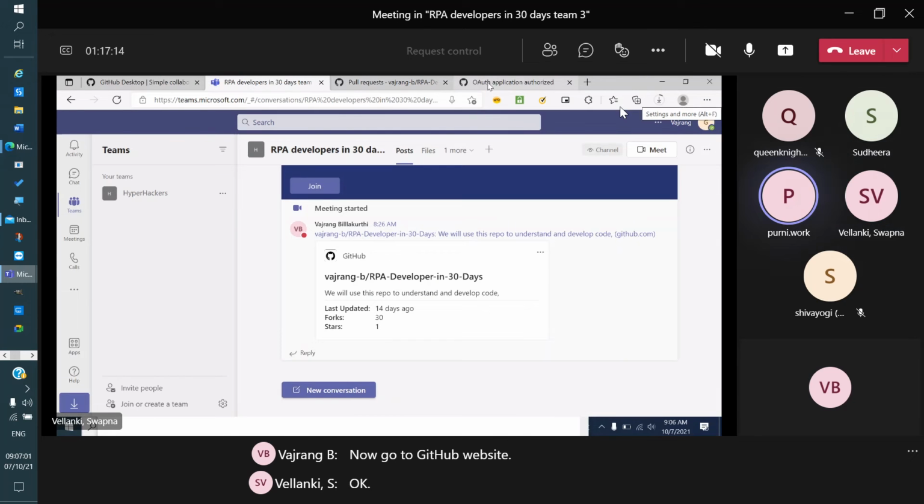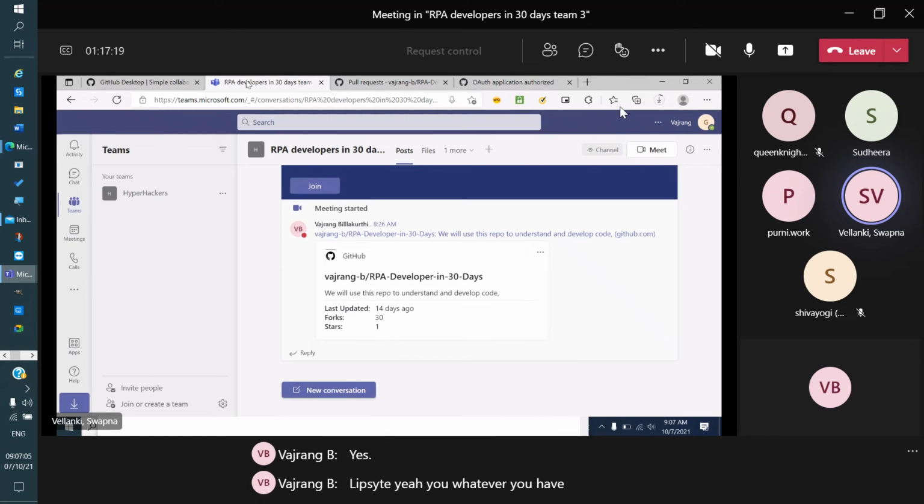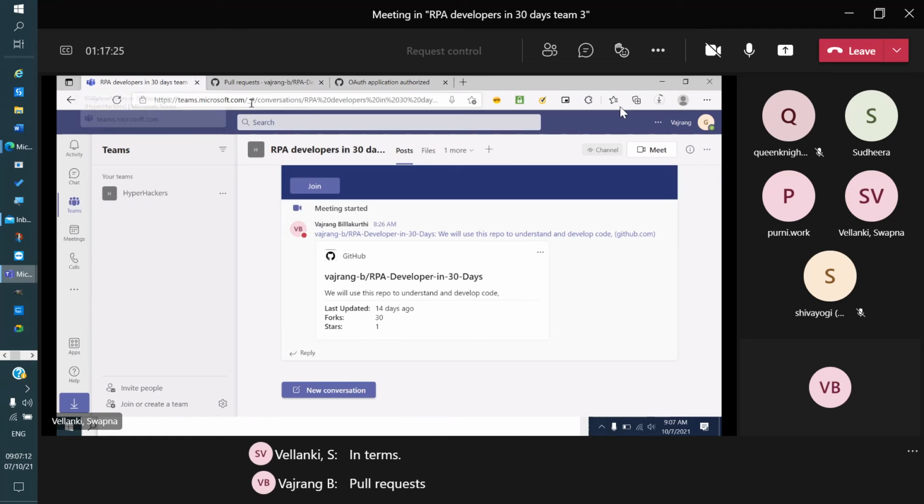Whatever you have shown is correct. Why are you moving into another file? Pull request, you have it, right? Open that. You already have the tab, Swapna. The second tab.